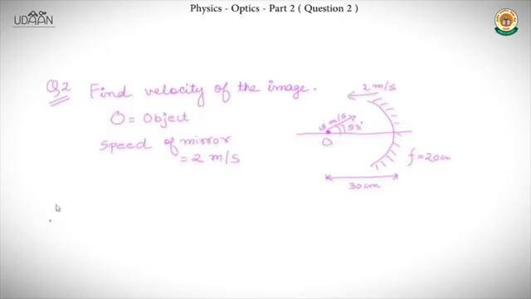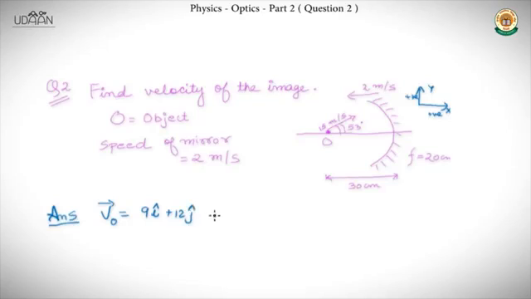So this question basically involves two concepts: the concept of relative velocity and the concept of concave mirror. So first we'll choose a coordinate system so as to make the process easy. We will first choose this as x-axis and this as y-axis, the positive x-axis and the positive y-axis. Now we will resolve the velocities of object and mirror into components. So let's say the velocity vector v of the object will be given by 9 i cap plus 12 j cap,